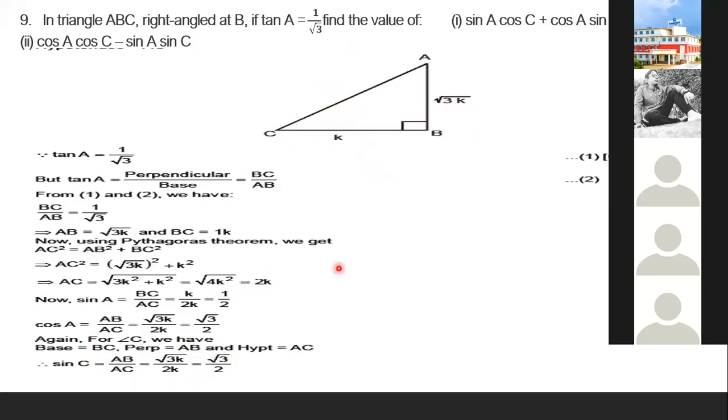This is the information we have got. First, by using tan A, which is opposite by adjacent, we got all three sides of the triangle. By using it, we found sin A, cos A, sin C, cos C. Now here, children,